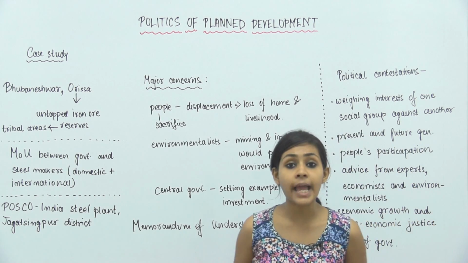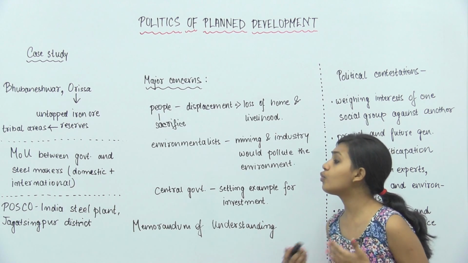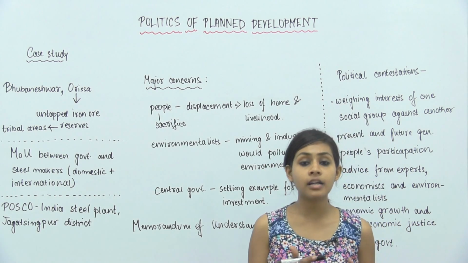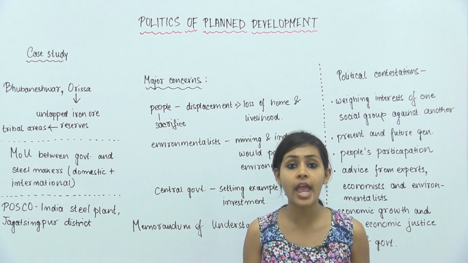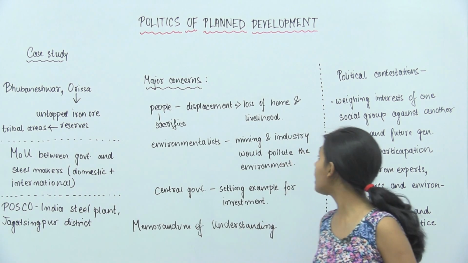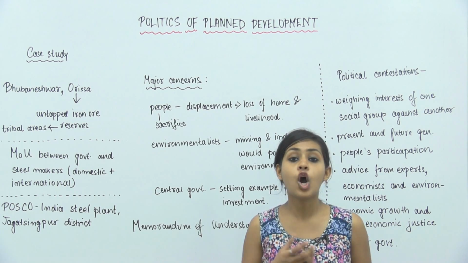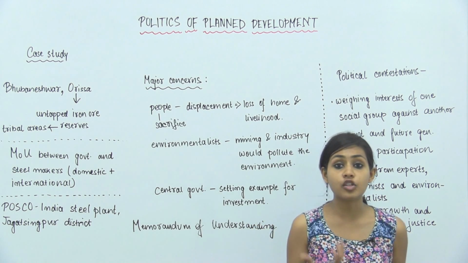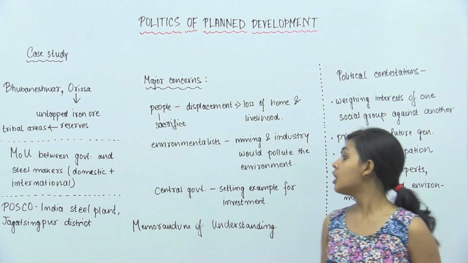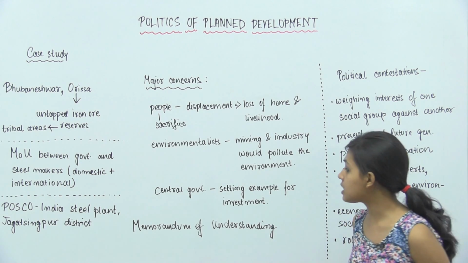तो जो environmentalists हैं, people who are concerned about the environment, वो लोग ये कहते हैं कि उनका प्राइम कंसर्न ये है कि माइनिंग और इंडस्ट्री से, because mining is a procedure which creates a lot of air pollution, which disrupts the environmental balance. It actually does a lot of harm to the environment. And even industry में जो procedures carry out होते हैं, whatever the smoke that comes out of each factory, or the industrial waste that they dispose maybe in water or maybe at dump sites, that is very harmful for the environment. So the environmentalists think that mining and industry would pollute the environment, and that is their prime concern.